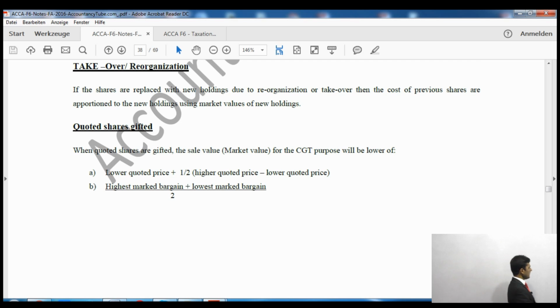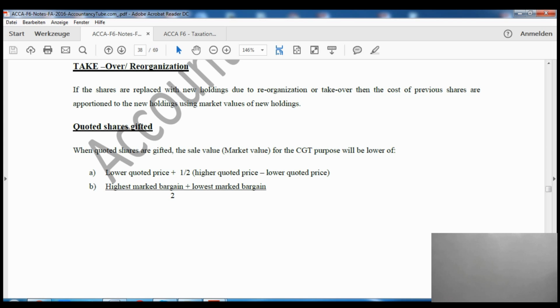So that is called takeover and reorganization. If the shares are replaced with a new holding due to reorganization or takeover, then the cost of the previous shares is apportioned to the new holding using the market value of the new holding. Next one is